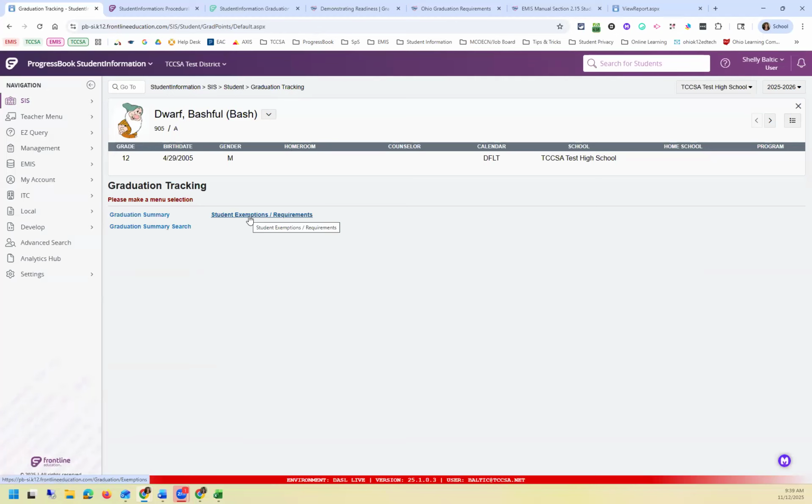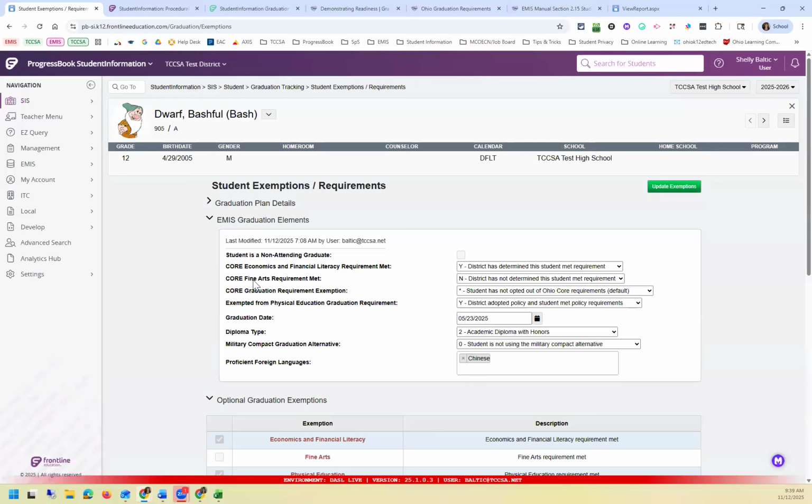So I'm going to go back to my exemption screen. I'm going to go to my fine arts requirement, and you can see so far it is marked as no. He has not met the requirements. So I'm going to change this from no to yes. Okay. Now, and I don't know why it's so late in the system, but this is pages 27